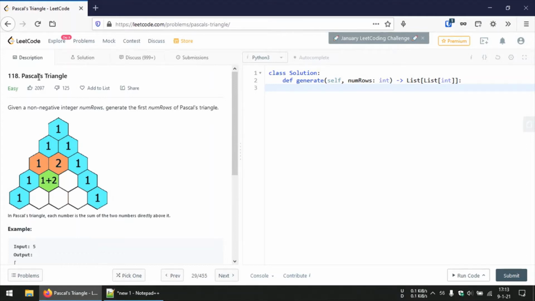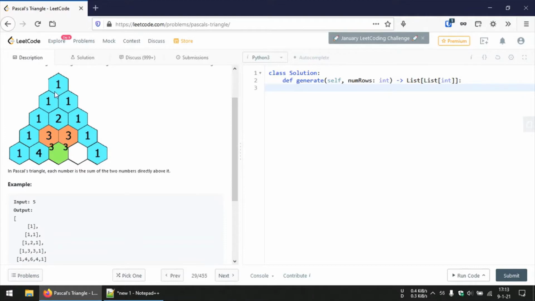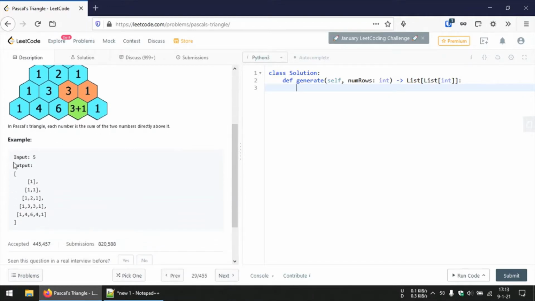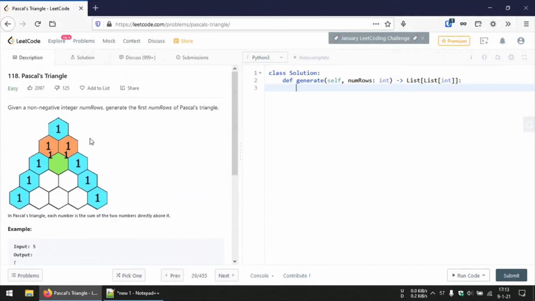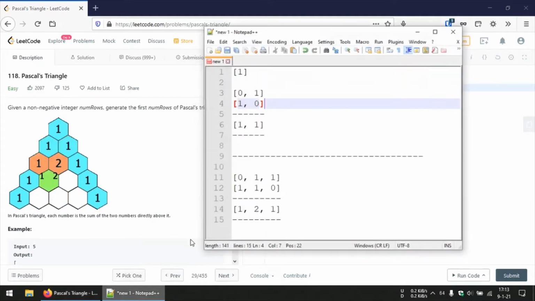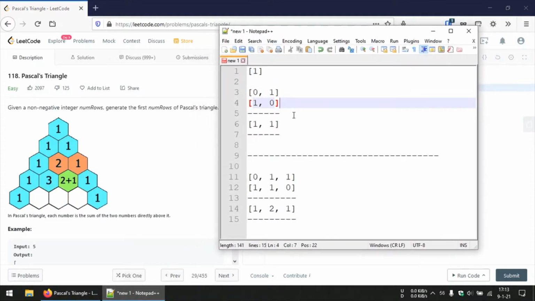Hey, hello guys. So today we're going to solve this problem, Pascal's triangle from LeetCode. In this problem, we basically recreate this Pascal's triangle in the form of an array within an array. And if you notice, in Pascal's triangle, the nth row can be obtained from the n minus 1th row